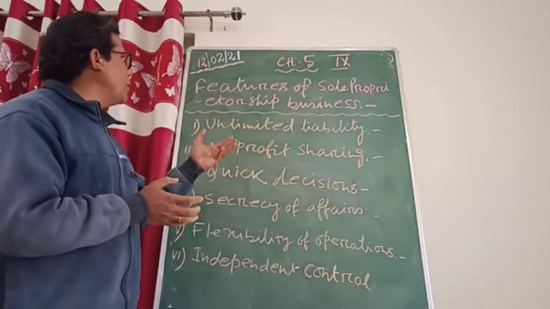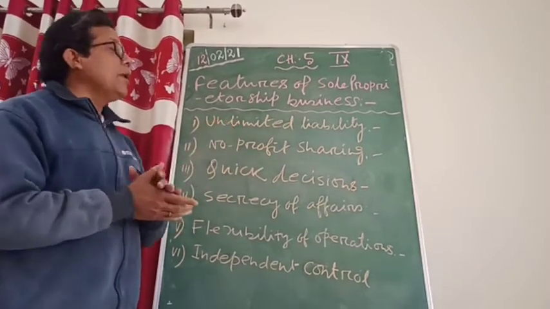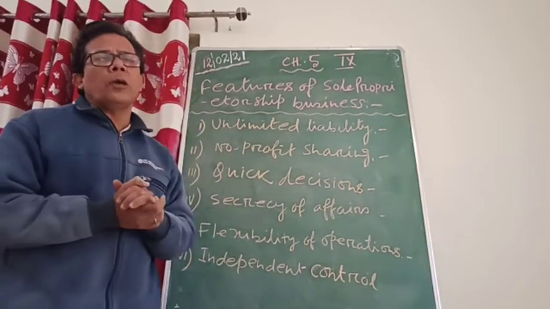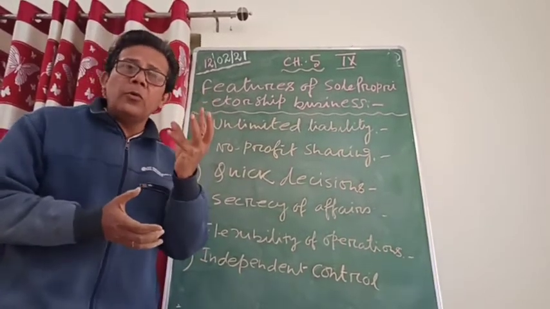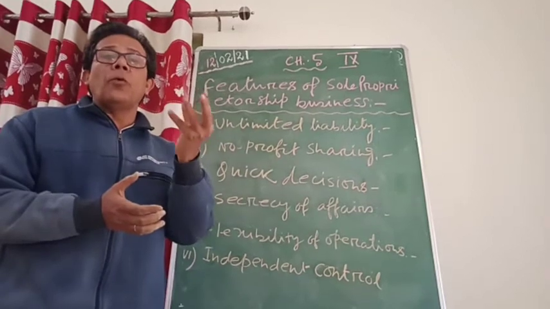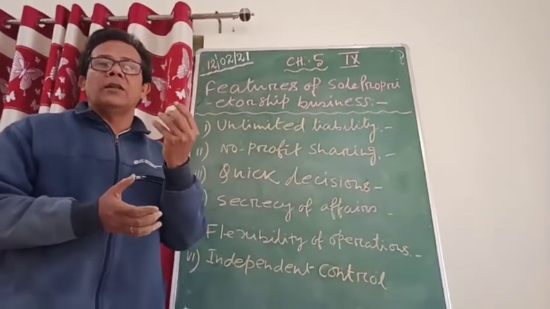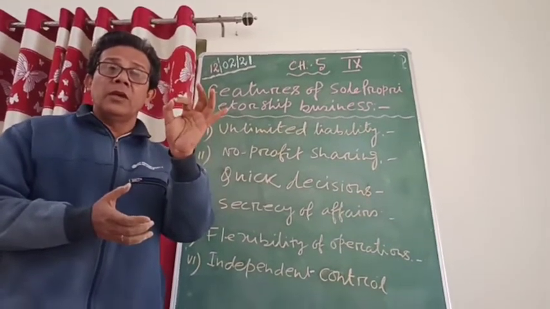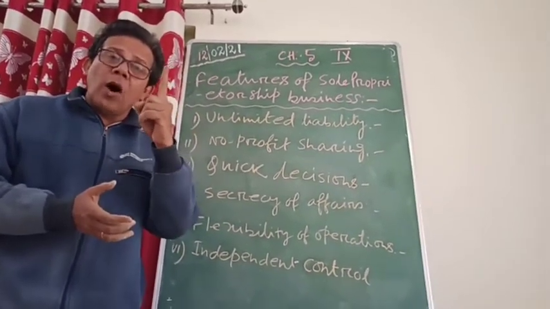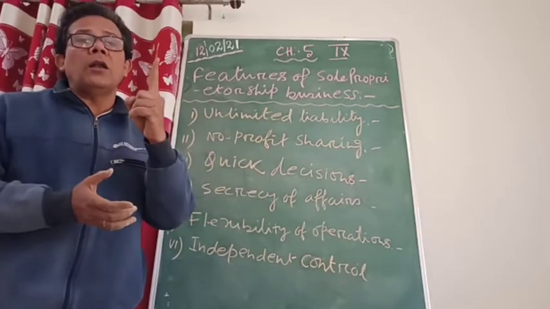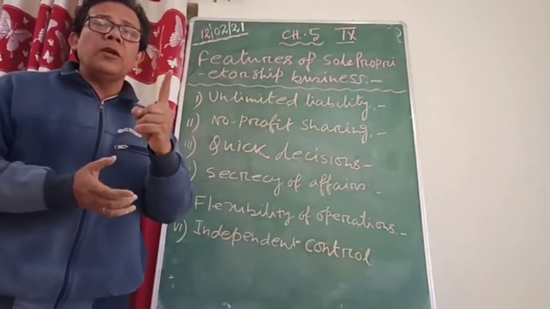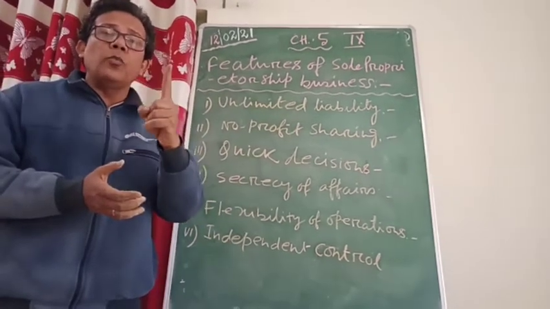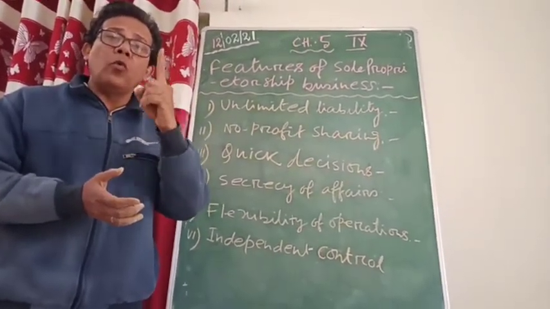In today's class, I am going to discuss the first feature, unlimited liability. Whose liability am I talking about? I am talking about the liabilities of the sole proprietor, that means the owner of that sole proprietorship business. And here the owner is how many? One. When the owner is one, whatever responsibilities, whatever liabilities come, those liabilities have to be fulfilled by the owner